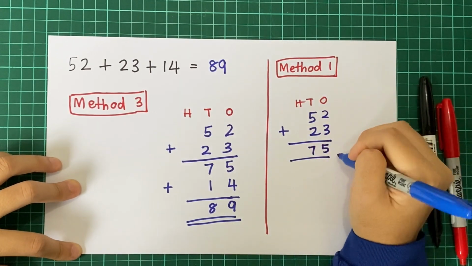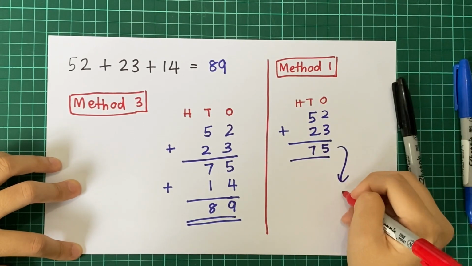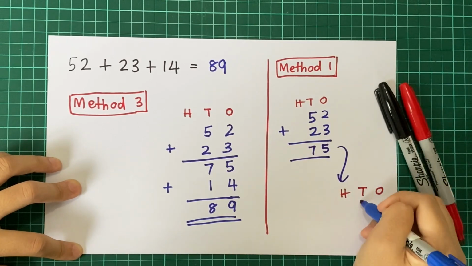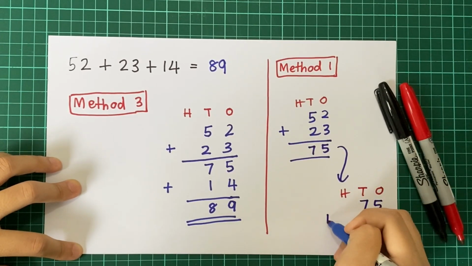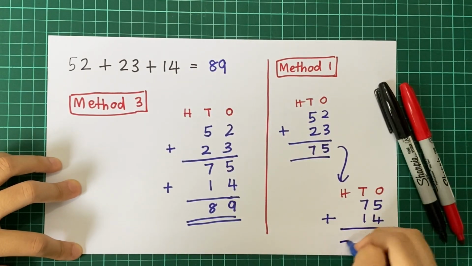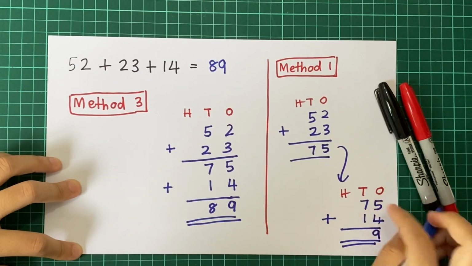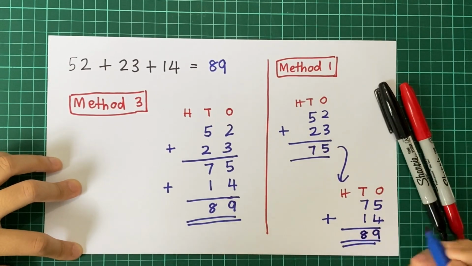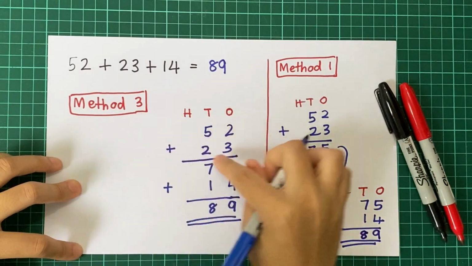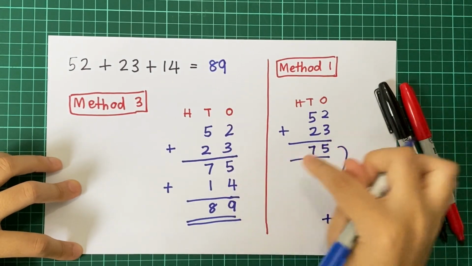And then bring the answer to the next side, which is 75. You plus with the third number 14. Get the answer. 5 plus 4 equals to 9. 7 plus 1 equals to 8. See? It's still 89. However, for method 3, we do this in one standard written method, and for method 1,